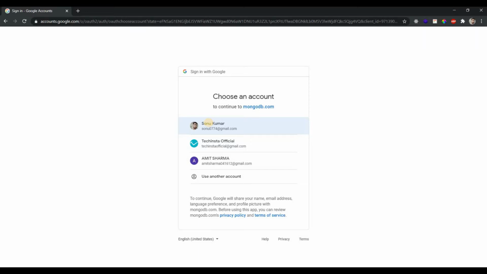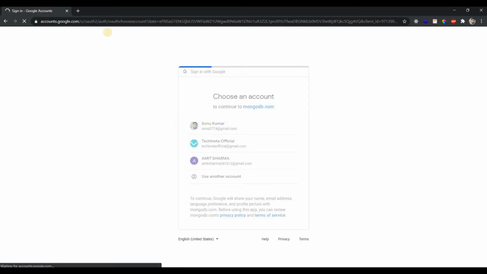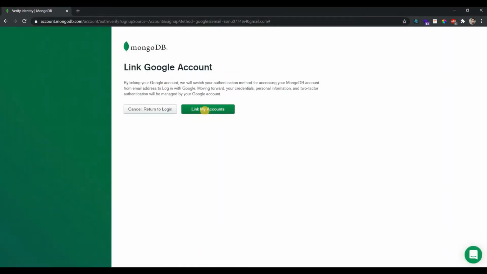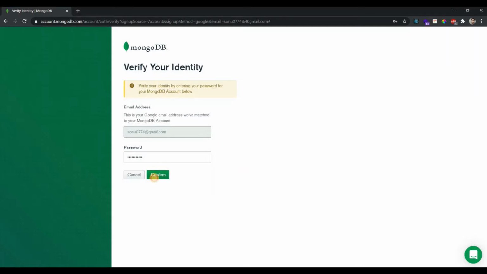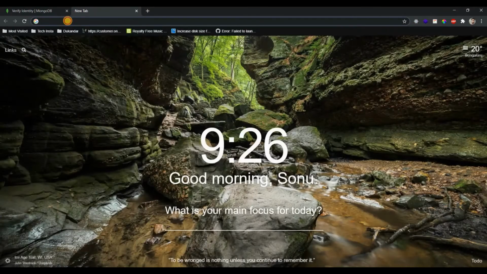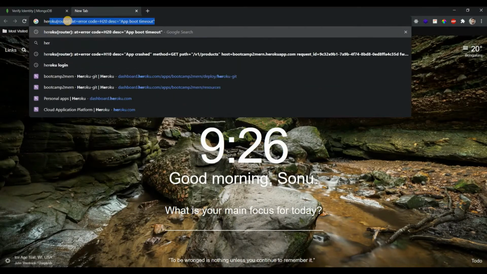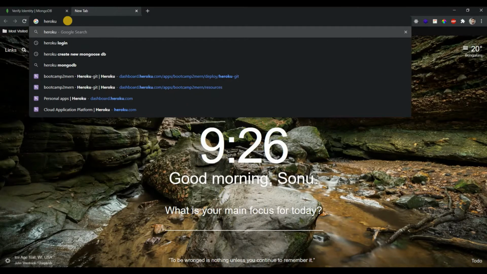So we'll start off from here. This is my mail ID that I'm using. So it's asking me to enter my email address.